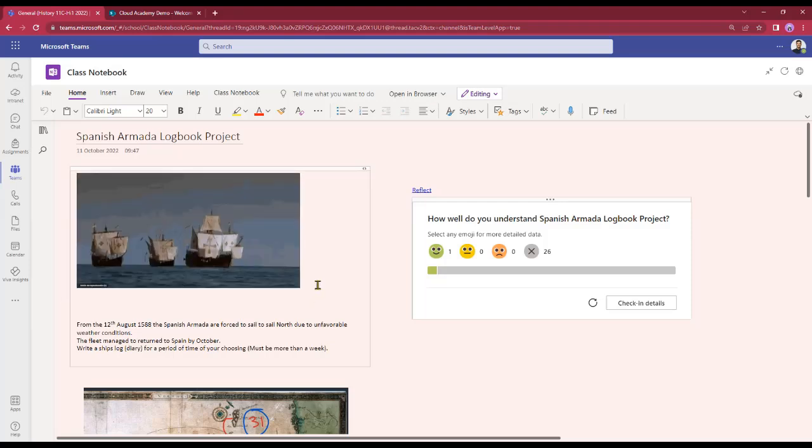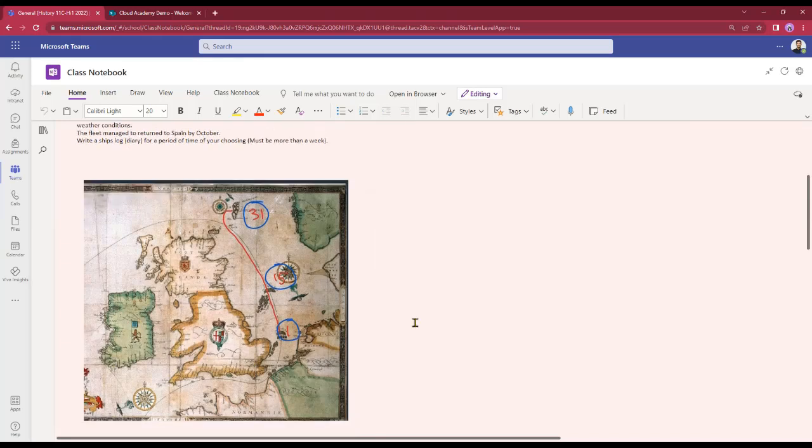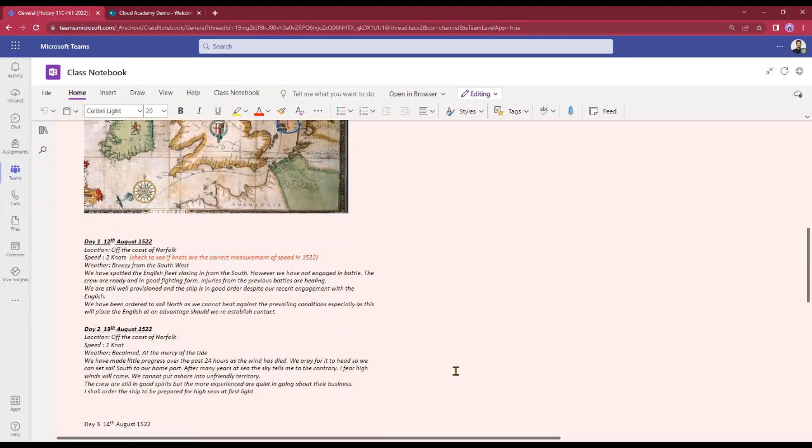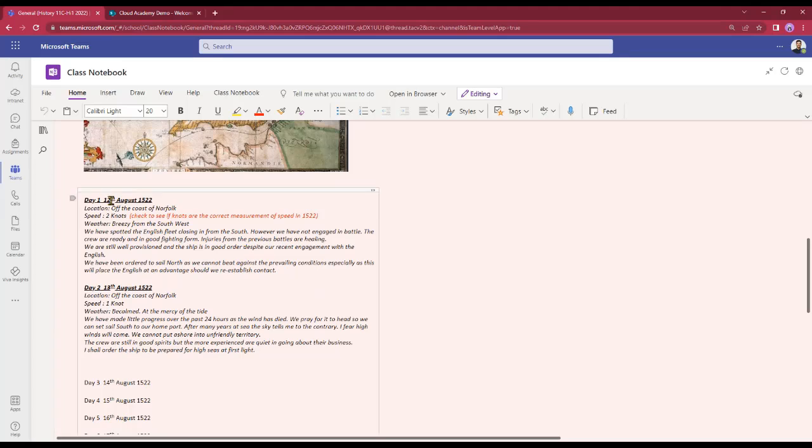And Susan has now started to add some content. So obviously she's put a map in there. She's put a little bit of a journey or a route that potentially the ship that she's writing about has taken. But she's also started to create that logbook for us. So day one, the 12th of